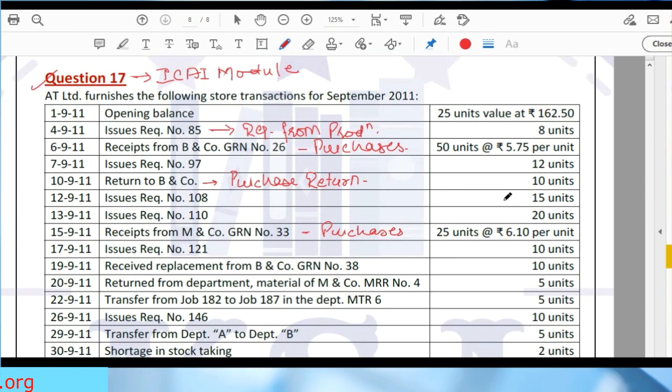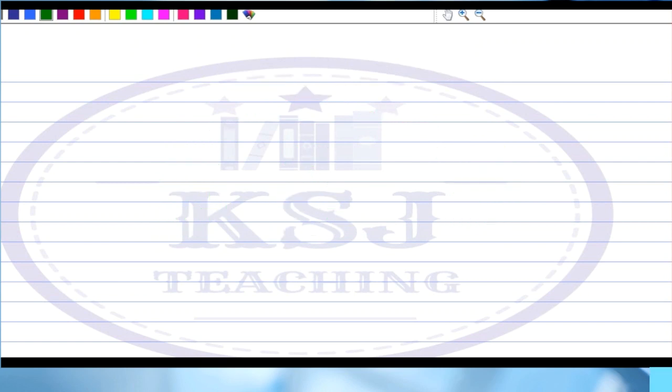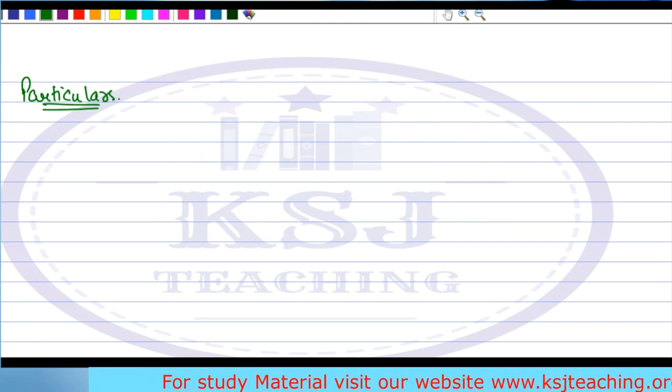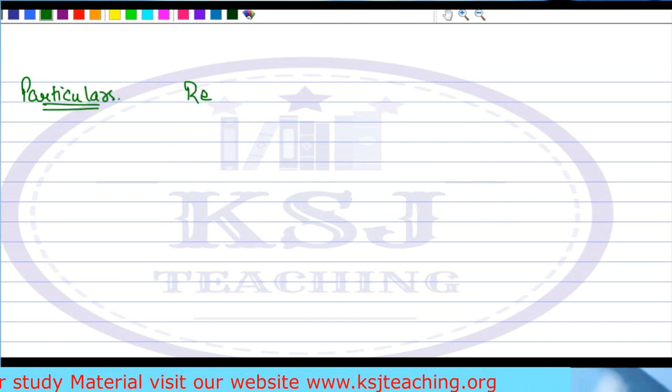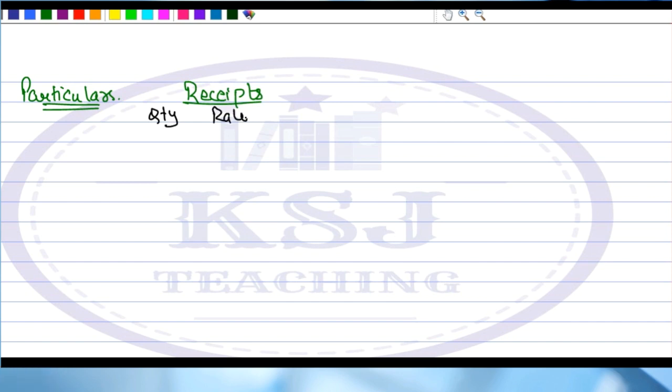Clear? So what should be the format for this? Sir, format is very simple. What you have to do is here you will write particulars, right? Then you will record all the receipts. Receipts are to be further divided into three parts. One is what is the quantity received, what is the rate at which it is received, and what is the amount,